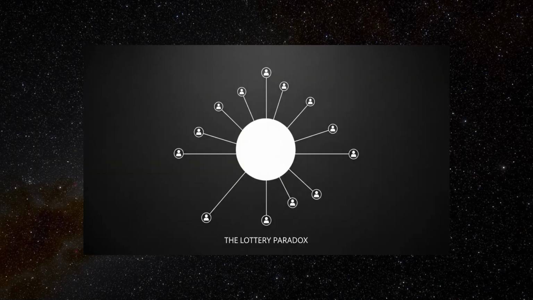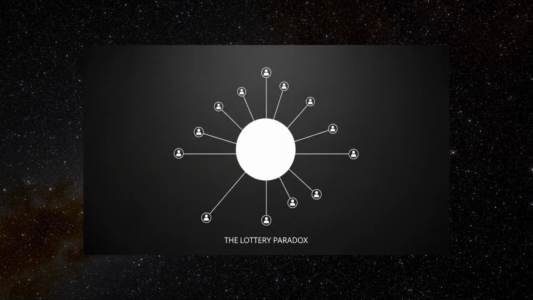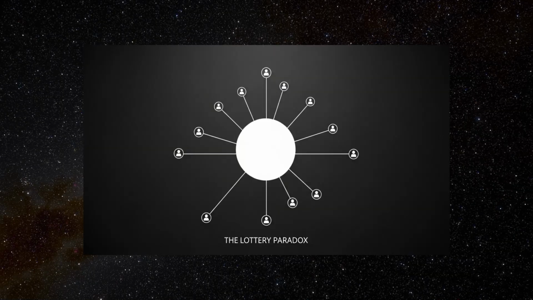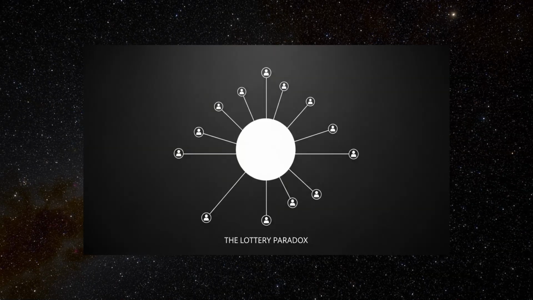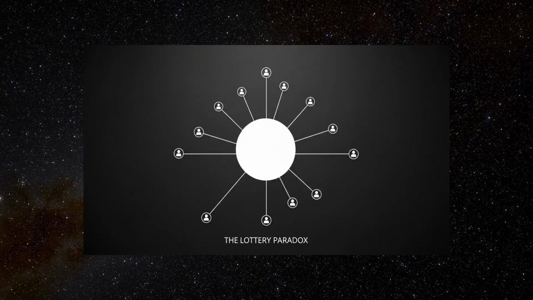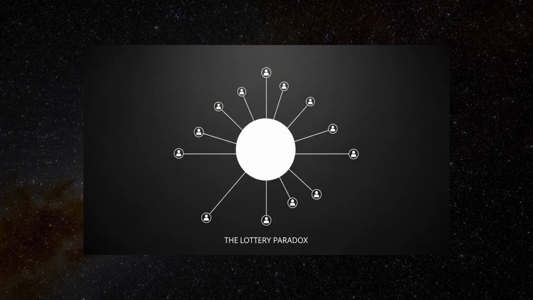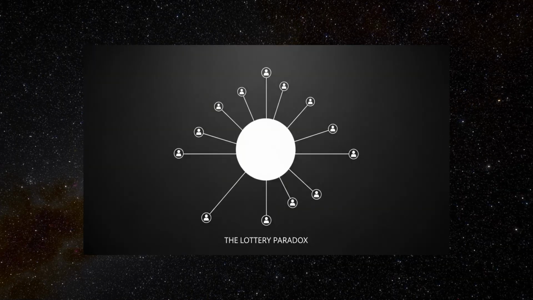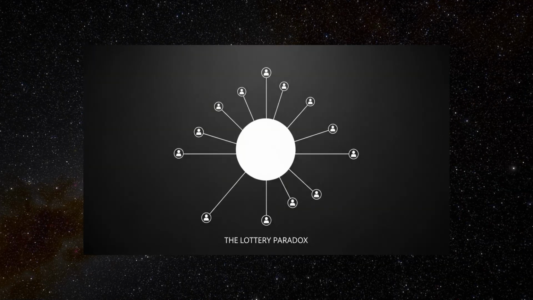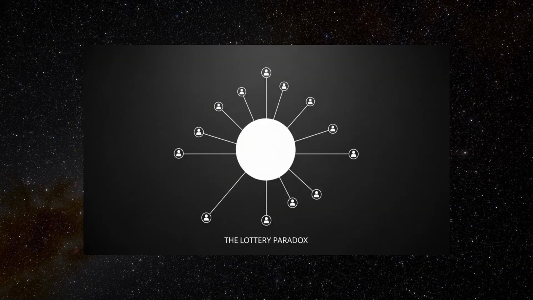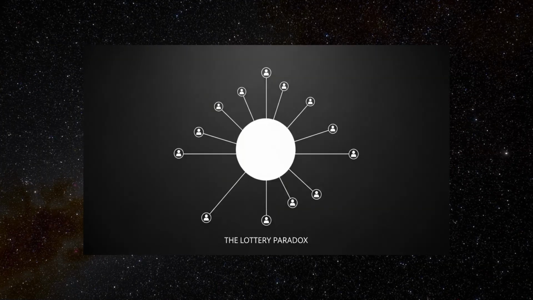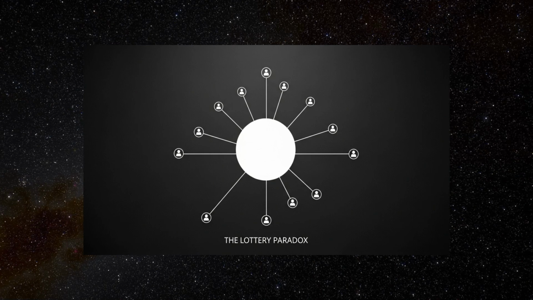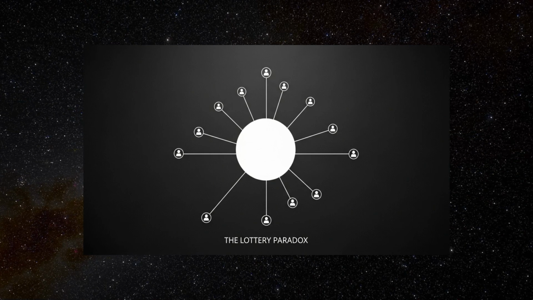Rational belief principle: if a proposition is highly probable, it is rational to believe it. Closure under conjunction: if it is rational to believe each of a set of propositions, then it is rational to believe their conjunction, i.e., that they are all true together. Consistency principle: one should not hold a set of beliefs that are jointly inconsistent. The lottery paradox shows that these three principles cannot all be true at once.